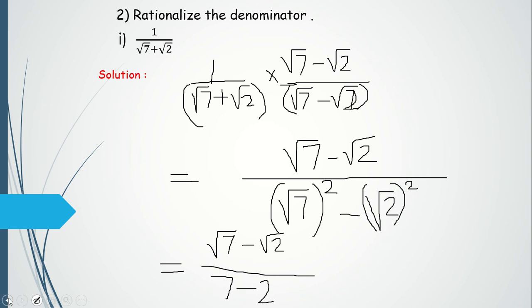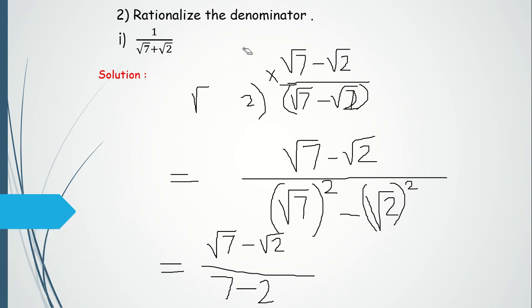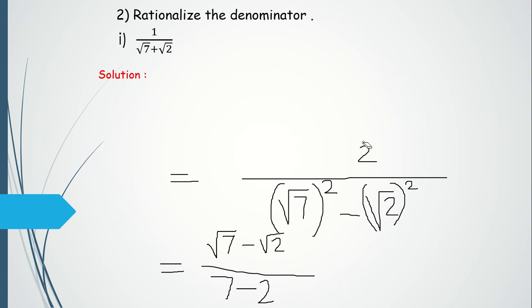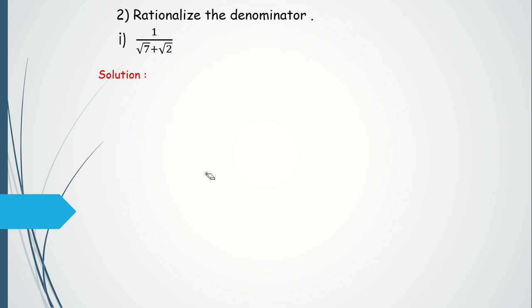That's it. We got a rational number in the denominator. That is what we had to do, right? Rationalizing means getting a rational number in the denominator. Rational number means what? It should not have that third part, right? Because a third part means the number is an irrational number. The definition of surd itself is that the number has to be an irrational number.